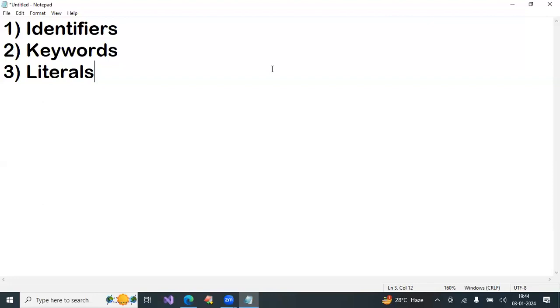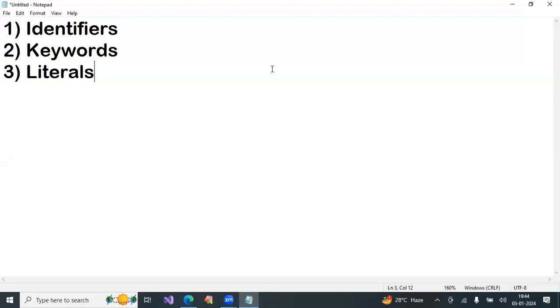Two symbols you can write: underscore and dollar. So in an identifier, you can write capital letters, small letters, digits, underscore, dollar. These only you can write.